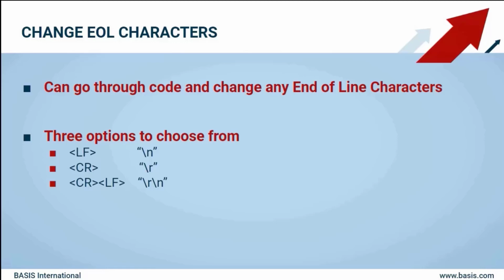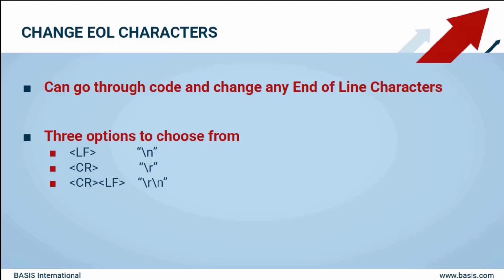Option 1 is probably the most common, which is the line feed character, or, as you might know, \n. The second option to choose from is the carriage return, or \r. The final option for Windows users is a combination of both the line feed and carriage return characters, which is the double \r\n. Once one of the options is selected, the BBj code formatter will go through and find any end-of-line characters